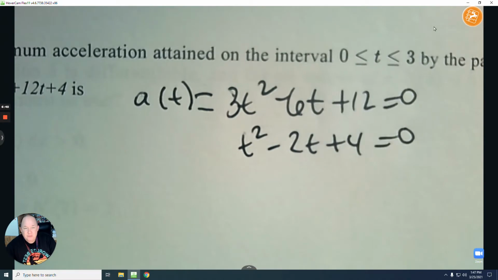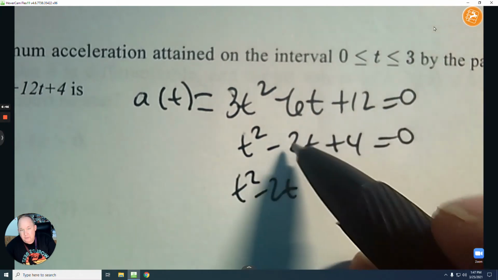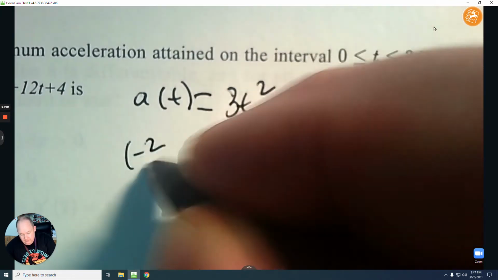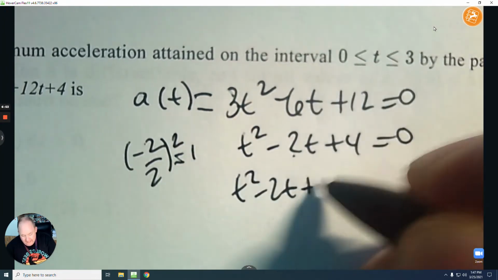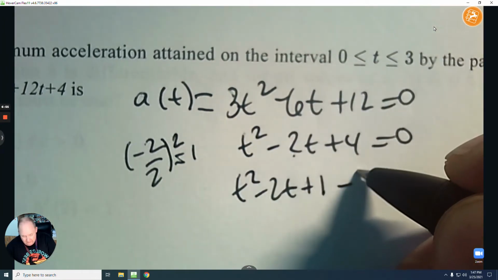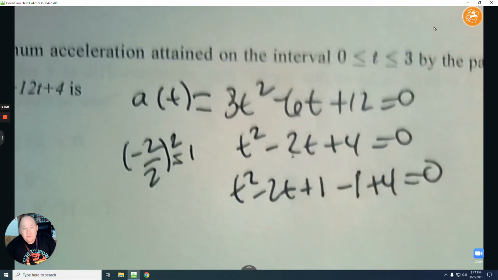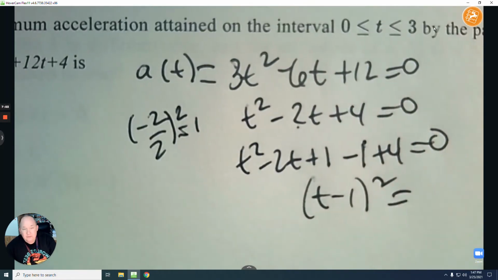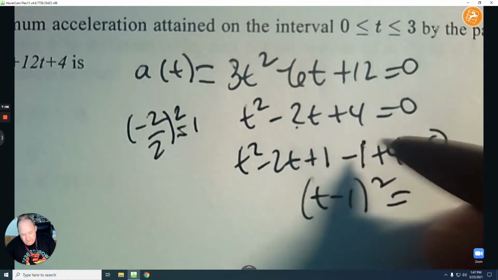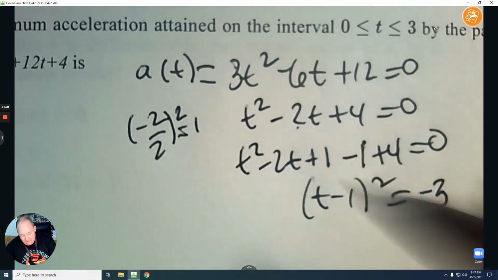Now, if I try to solve this, it's not factorable, so let's say I complete the square. If you complete the square, take the b value, divide by 2, and square it. So that gives me the answer 1. So if I add 1 and subtract 1, you're going to see what's going to happen soon. This is what you end up with: t subtract 1 squared. Now, negative 1 plus 4 is 3, but when you subtract it to the other side,